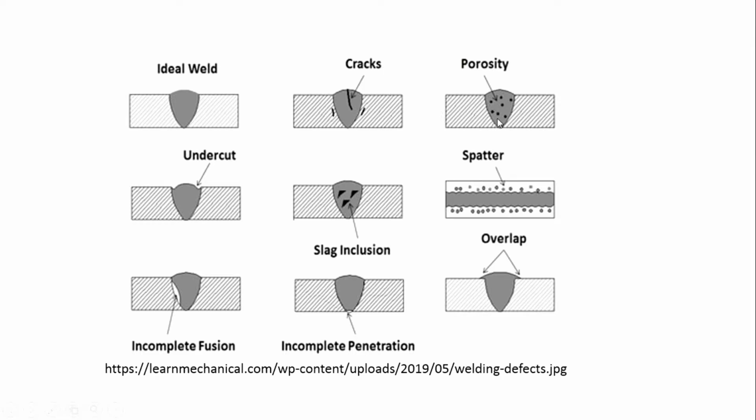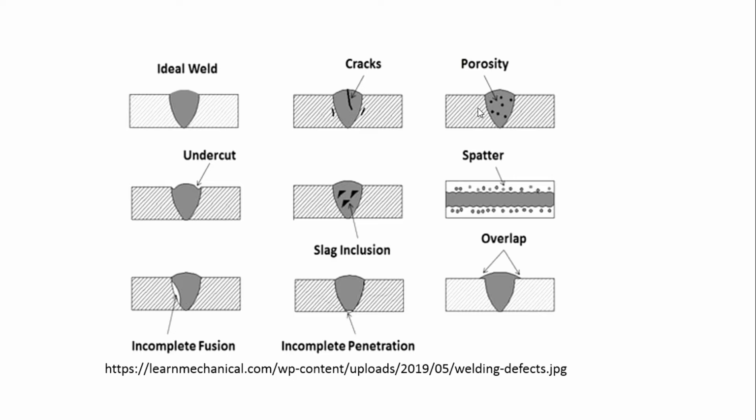So what is the effect of these three? If you see a crack, the joint is not perfect, so this will act as one part and this will act as a second part. Whenever you apply a tensile load, the crack will easily propagate and it will break before reaching the high strength. What about the porosity? Porosity, as I told you, is nothing but entrapped gas. Instead of being filled with material, some gases are there, so the strength there will be zero.